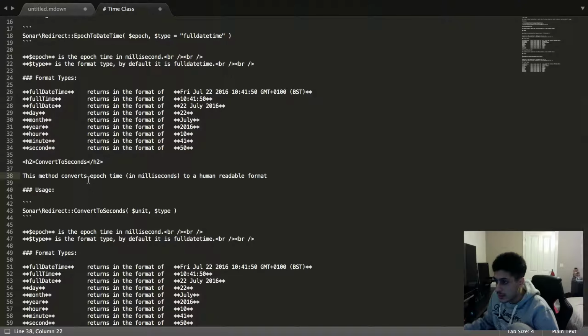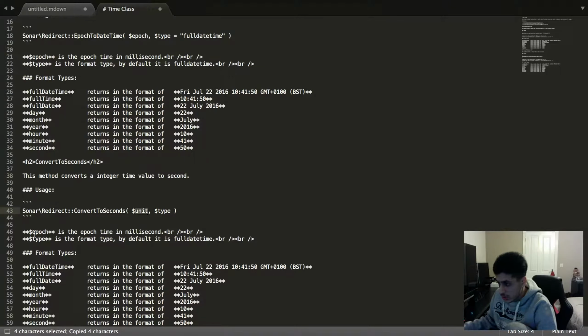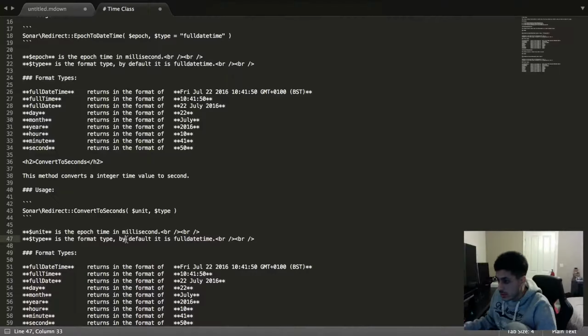This method converts a time, a number, an integer, time value to seconds. So unit type, there is no default type,